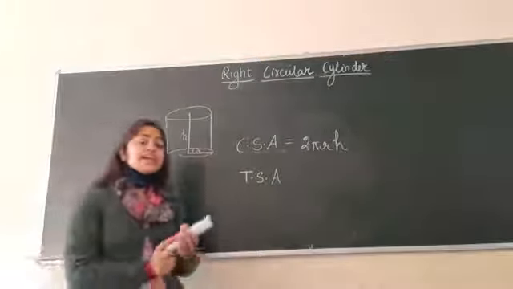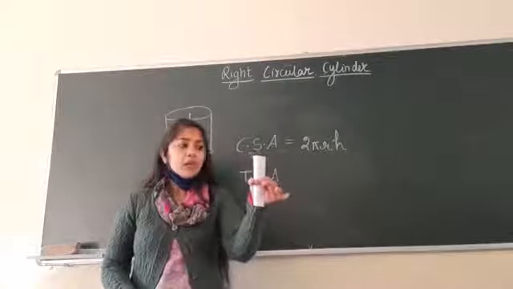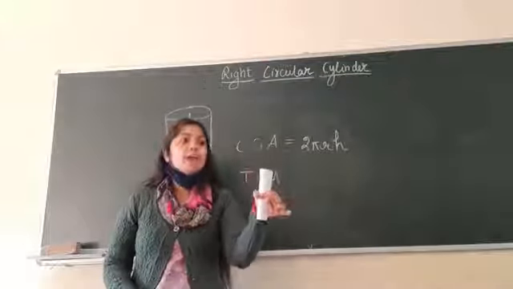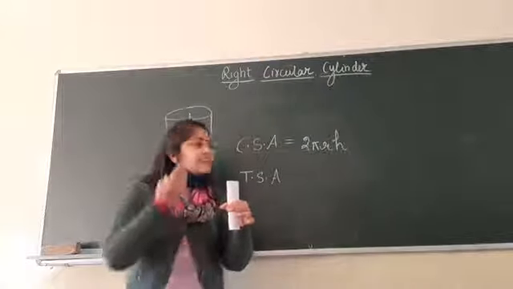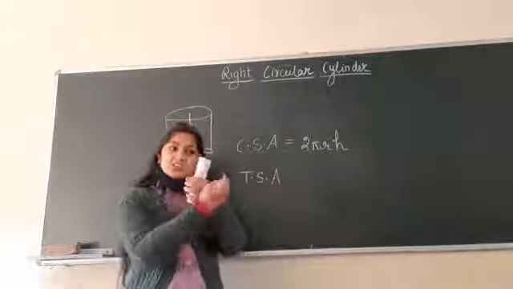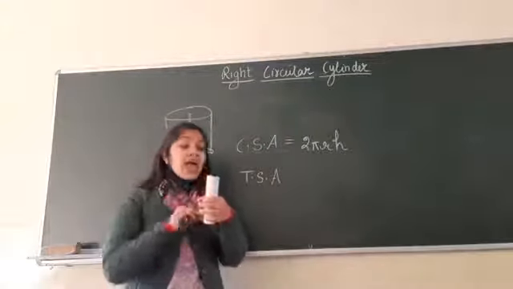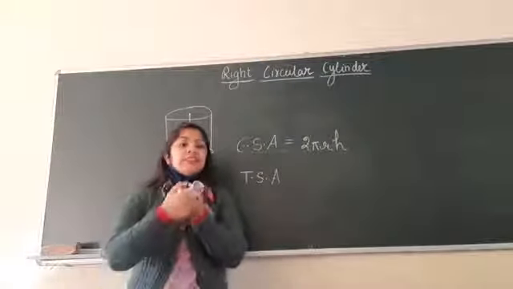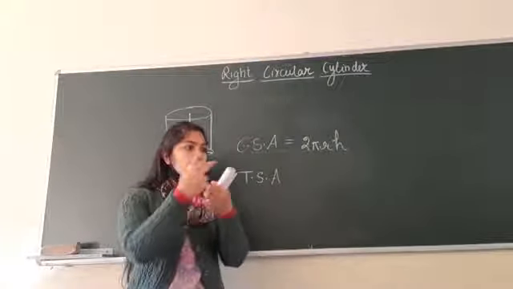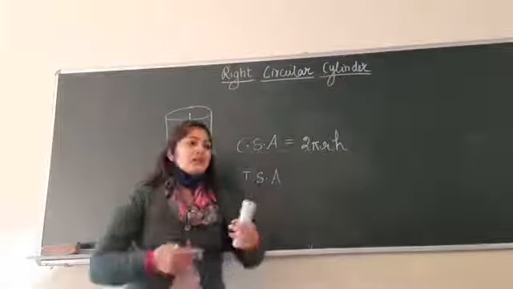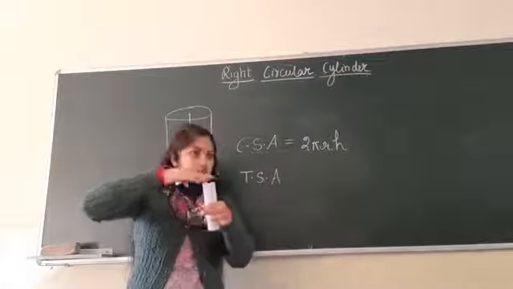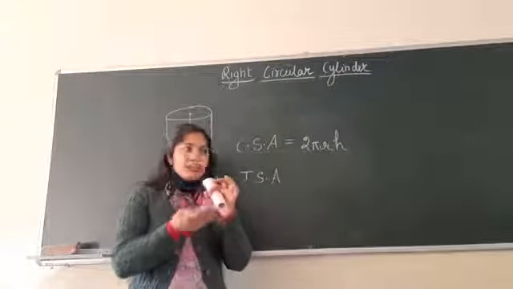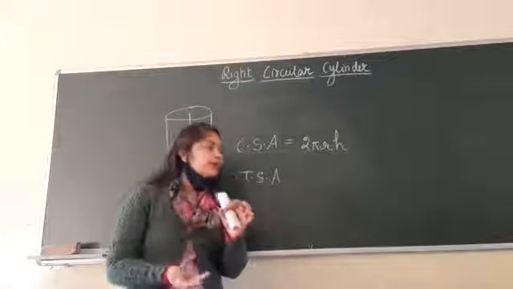So if I again talk about the cylinder, its total surface area means the surface of this cylinder which you can touch. So I can touch this curved surface area, and right now this cylinder is not closed. It is open from both sides, right? But suppose your cylinder is closed, then what will happen? There will be a circular shape on top, and a circle at the bottom too, a circular lid you can call it.